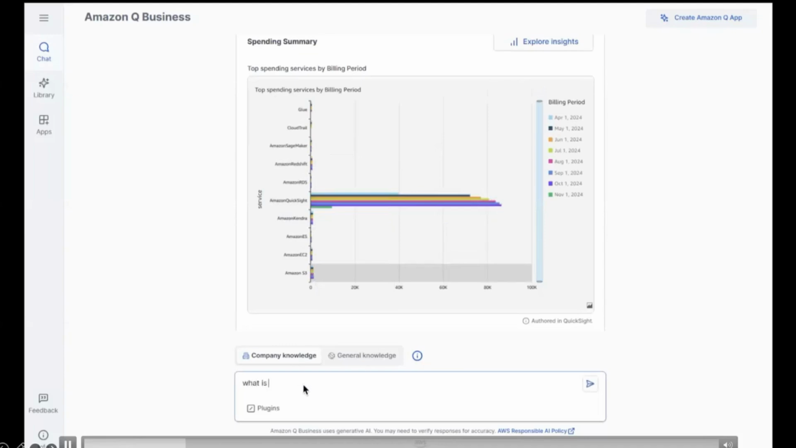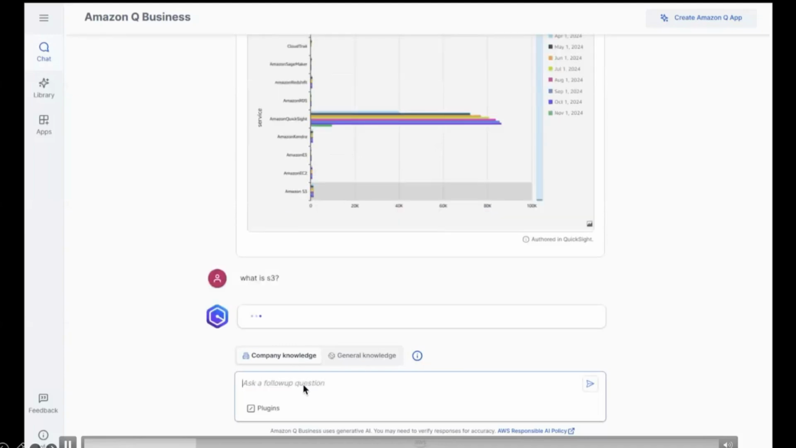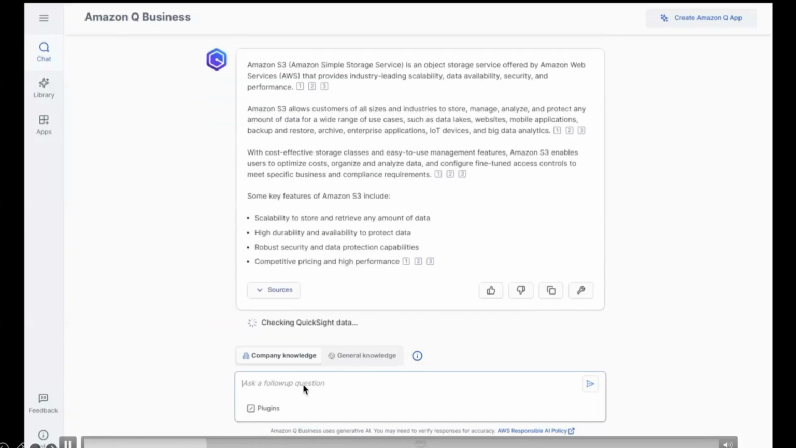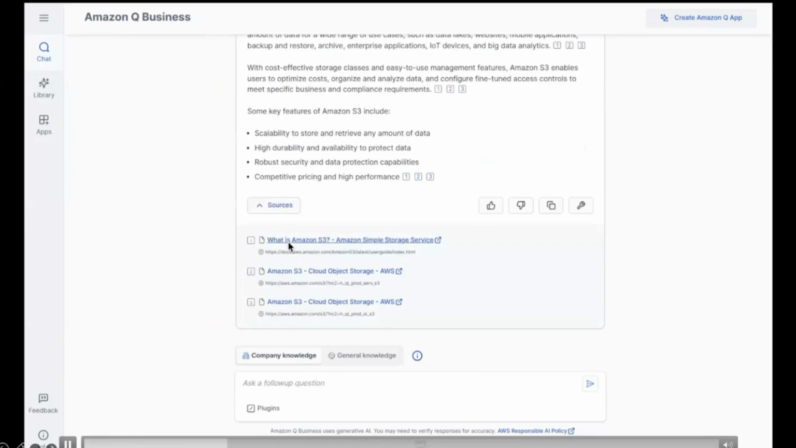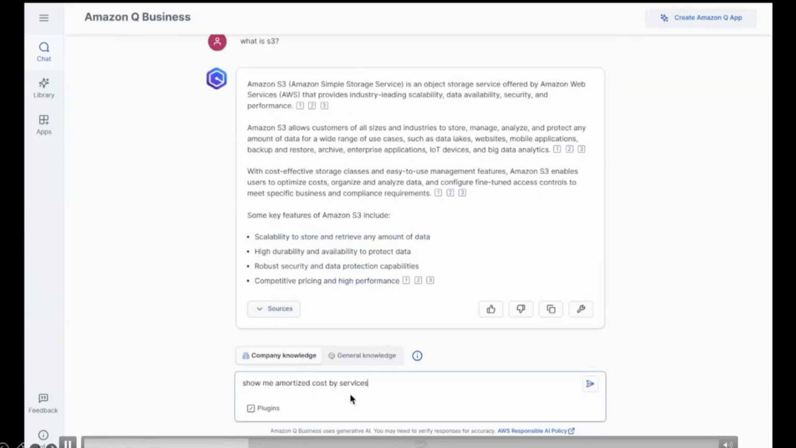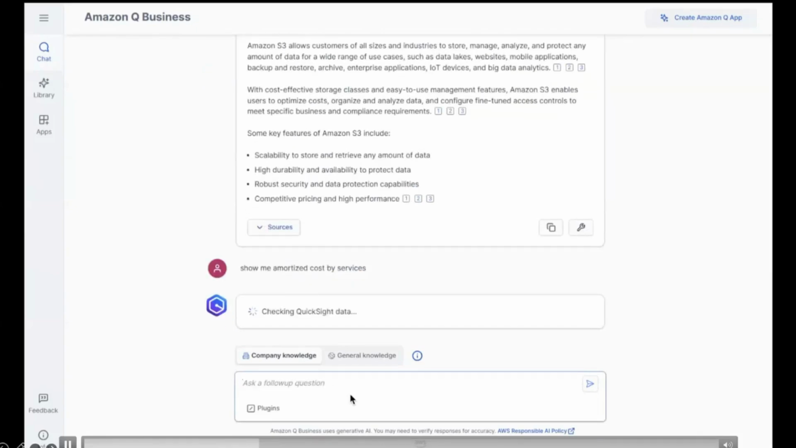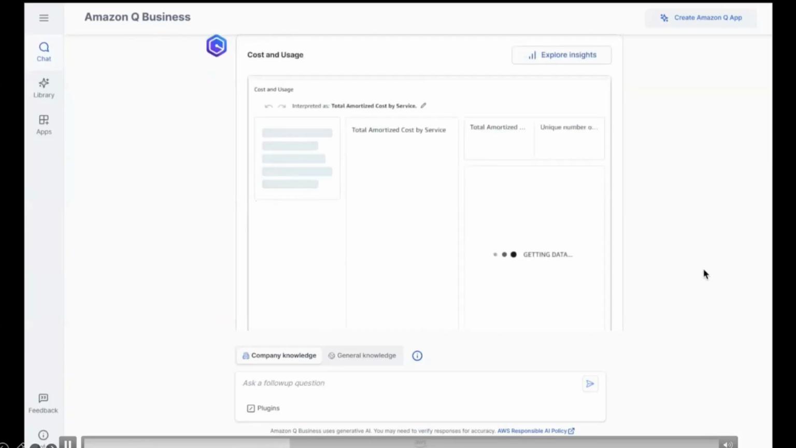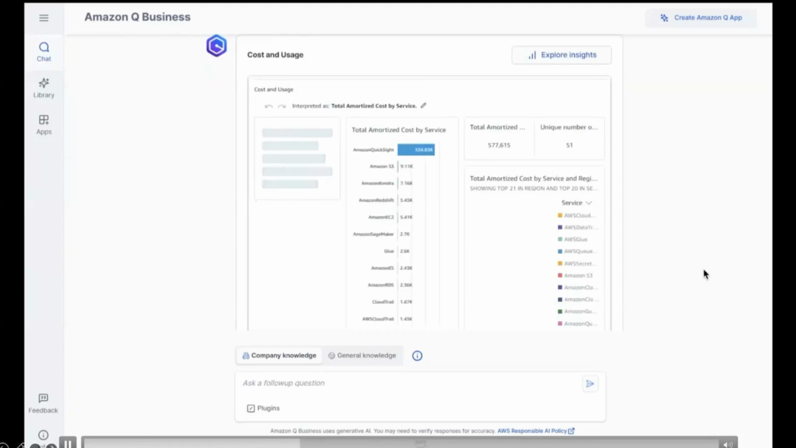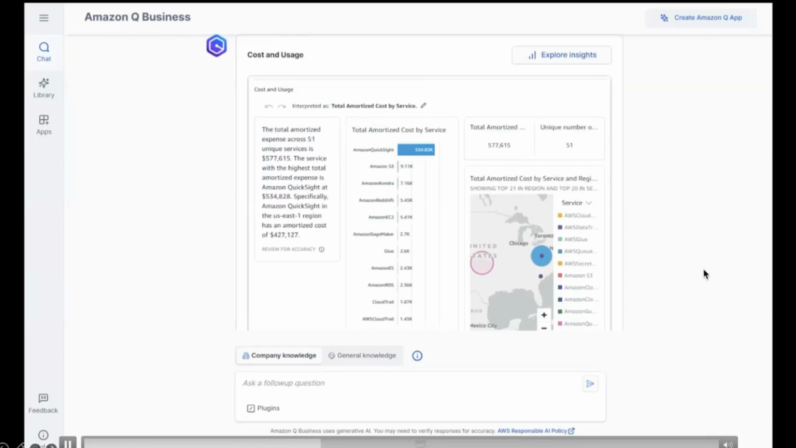Now, let's say I don't know what this S3 thing is. So I'm going to ask, what is S3? And you can see that the response first comes back from Amazon Q Business, citing different sources from public and local repositories about what S3 is. Now, as a follow-up question, I want to ask: show amortized costs by service. Again, you're able to ask this question, and we're able to interpret that as, hey, this should be answered by QuickSight, and then it goes off and fires off that question,